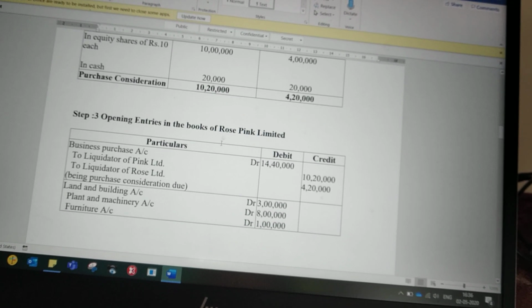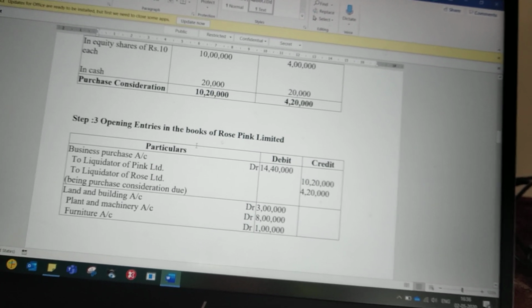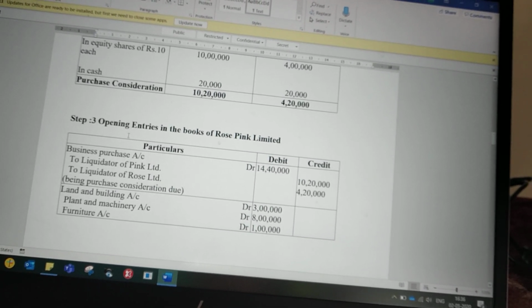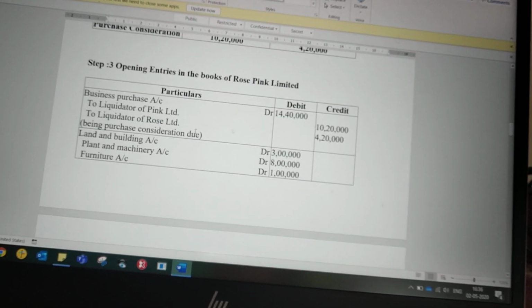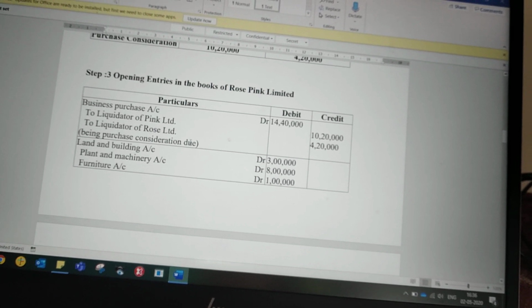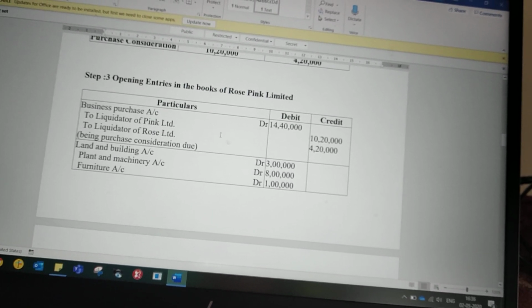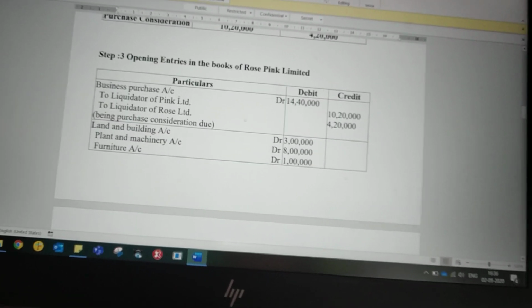So here they are not asking for any closing of the books of Transferor Company Limited, but here only they are telling opening the books of Transferee Company. So that value only you have to pass the journal entry. Previously we already gave the journal entry format for the opening entries and closing the books of Transferor Company. So now let us go based on the format.